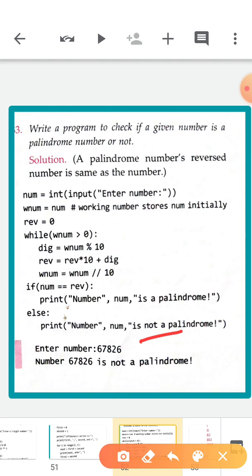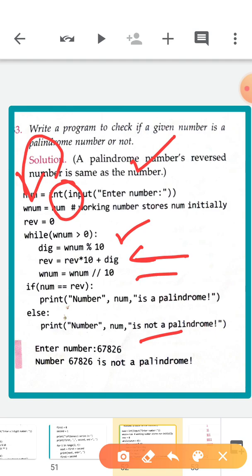So again you have to take one input, then store that num in another variable, so that we are going to work with the temporary storage number. We are not going to touch the original number. Then while num is greater than 0, if this condition is true, you again find the modulus, then solve this equation, then you will get the dividend here. So try to solve this while loop again and again. At the end you will get one rev value, then check.